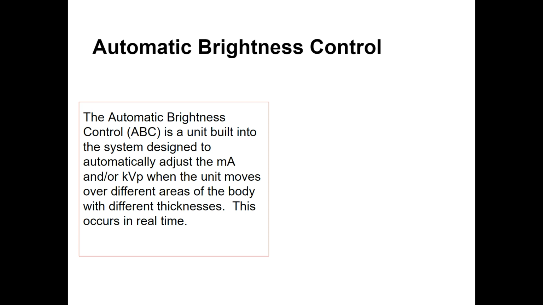But this system, automatic brightness control, will on the fly or automatically adjust by altering mA and/or kV to increase or decrease, right? As the machines get better and better, there's less lag, right? What you'll see sometimes is if the doctor moves the fluoroscope too quickly, the image will blur a little bit,